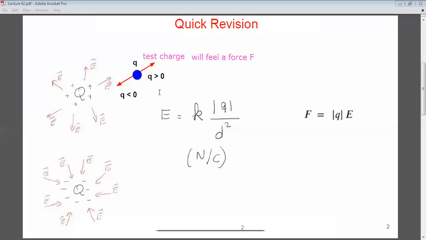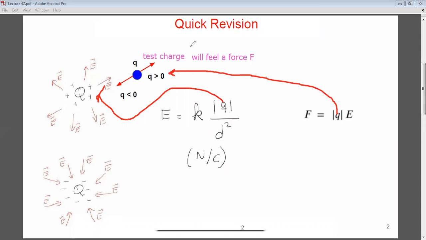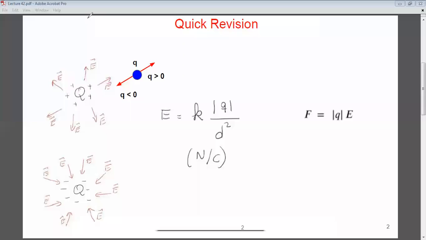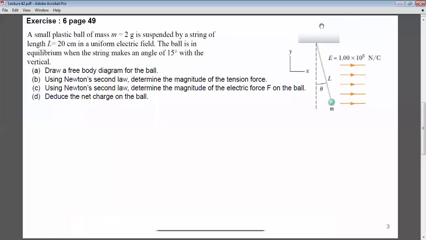The magnitude of the electric field E is KQ over D squared, where this Q is the Q that creates the electric field. And F is equal to the test charge times E. So this Q is the test charge, times E. Let's solve one last problem on this